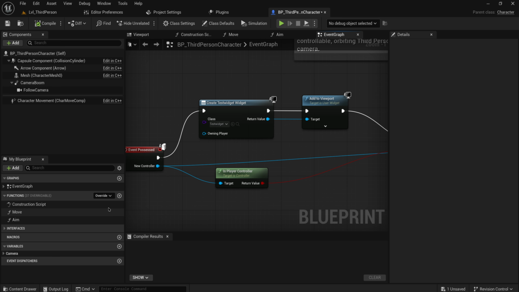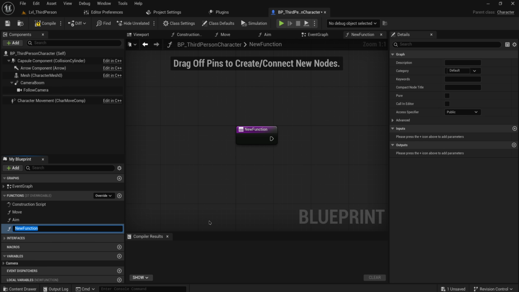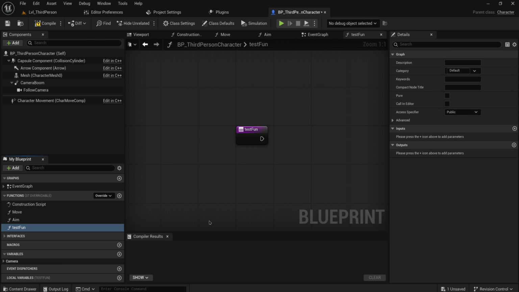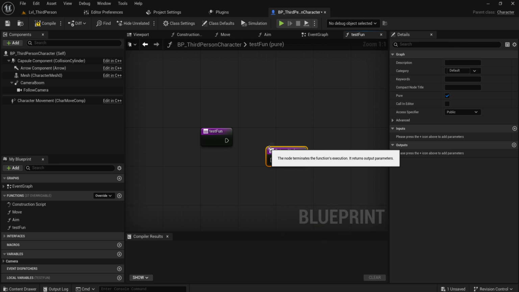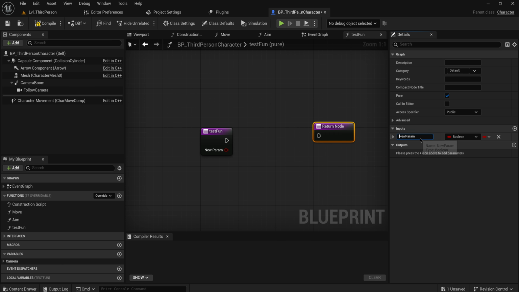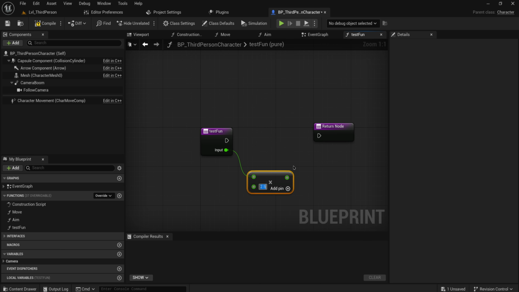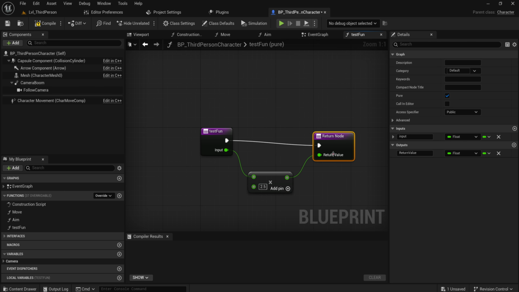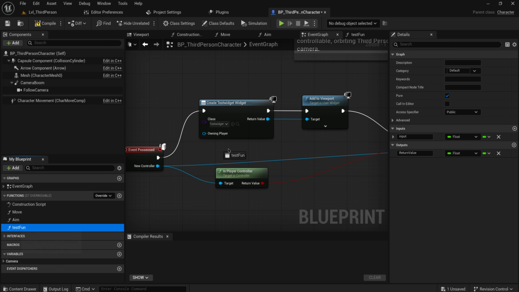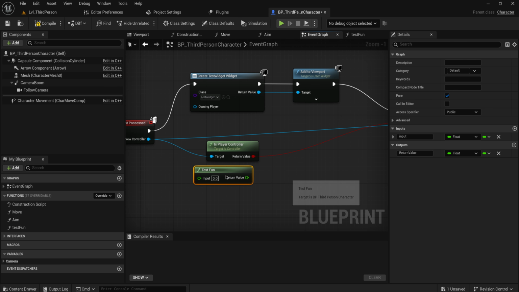The way that you can make that is literally like any other function. You just make a function, let's call this tests function, and over here in the details panel on the right hand side, all you need to do is mark this as being pure. If you do that, let's also give it a return node and just pretend like this is a useful function. We take an input float, we multiply that by 2.5 because I don't have any creative IDs right now, and then we output that. Now, you do need to connect up these execution pins, but if we go back into the event graph and we pull this into our code, you can see it's one of these green nodes